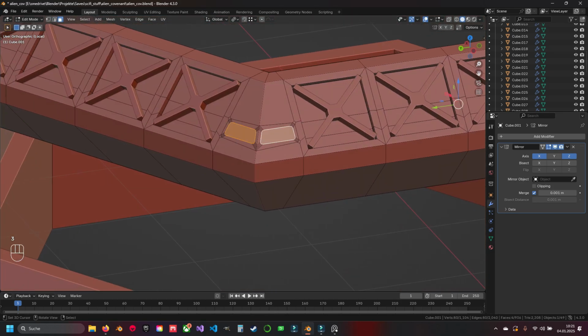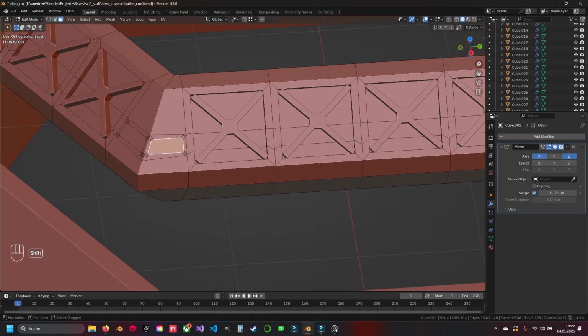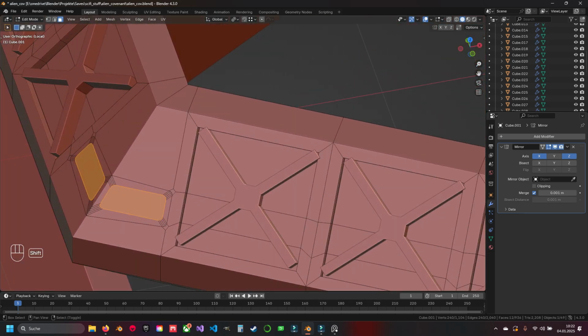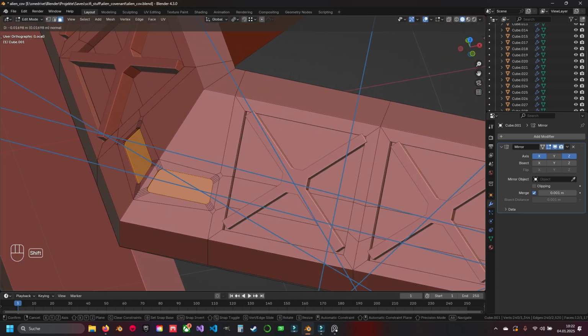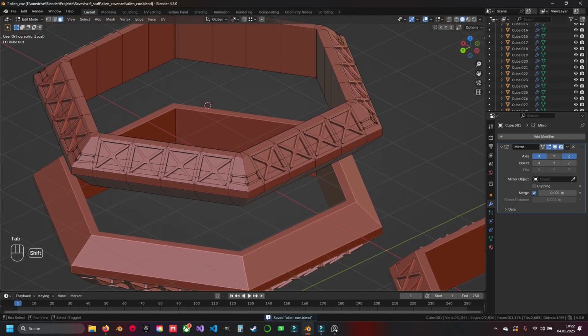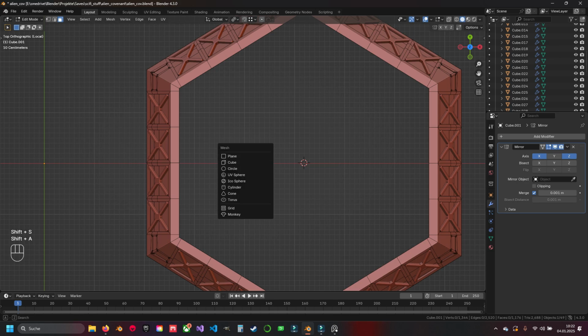Don't worry about the shading, that's stuff we are just going to bake later on our low poly, so it's fairly enough if we just do it like that. Alright, we have now these plates in here, and in these plates I just want to add some other details, so I'm going to add here